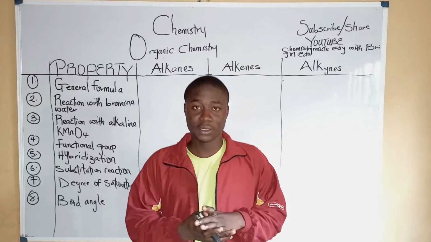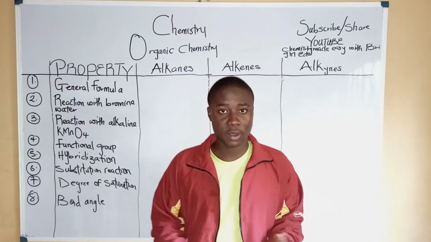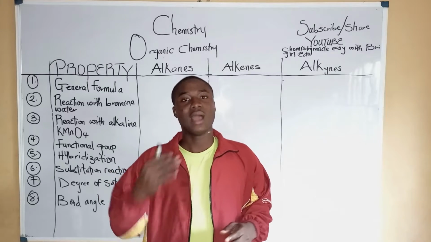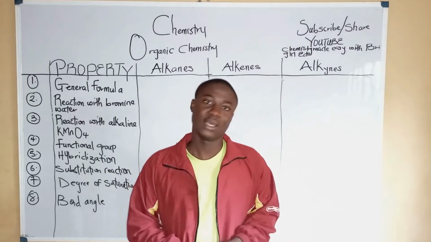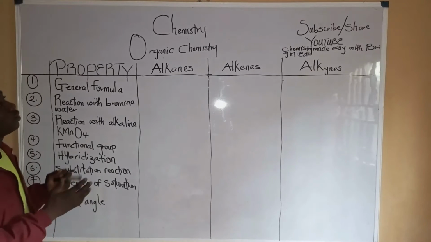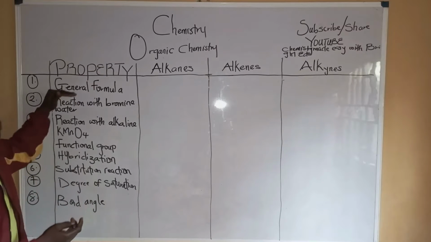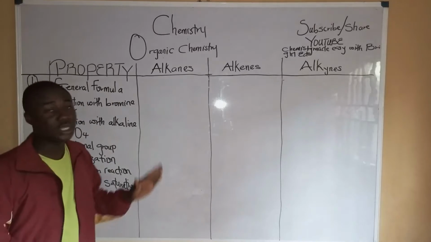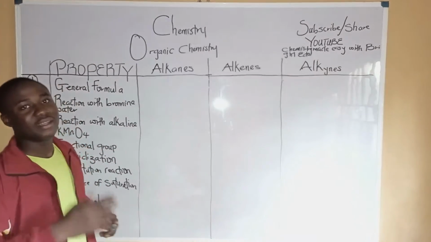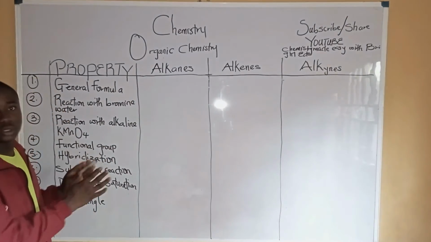In today's video lesson, I'll be discussing the differences between alkanes, alkenes, and alkynes. Now you can see this table drawn on the board. I'll be using these properties to differentiate alkanes, alkenes, and alkynes. Now, before we start with the video,